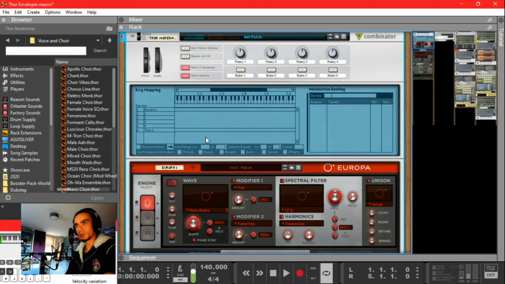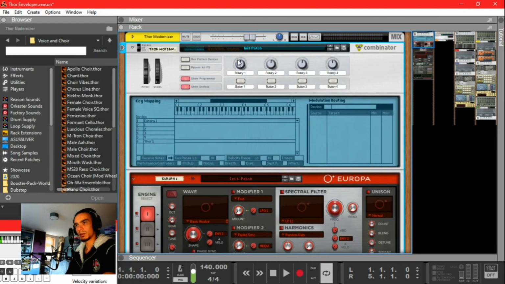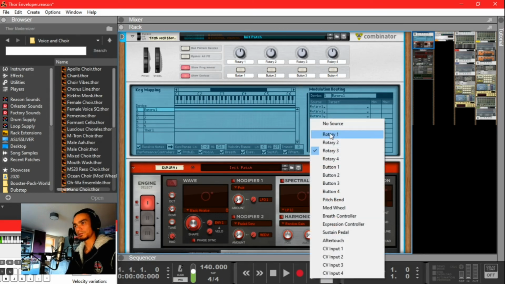So one last thing, you might want to grab your LFO rates here and be able to edit them with the rotary knob here. So I just use one rotary knob. You can use all 4 if you want to edit them all 4 separately, but I'm going to put them all on rotary 1. So you're going to grab your Europa, or the show programmer, and get all the sources to rotary 1,